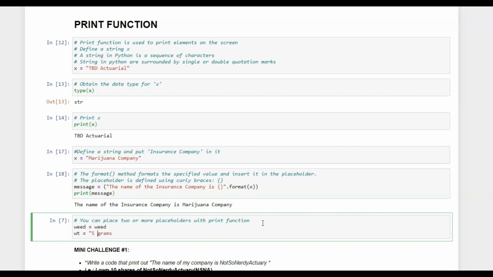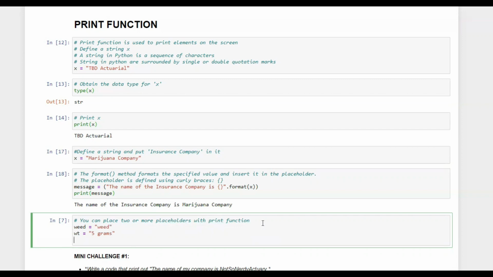So because this is a string, I put it here. This was also a string, I put it here. Now, what we want to display is our message.